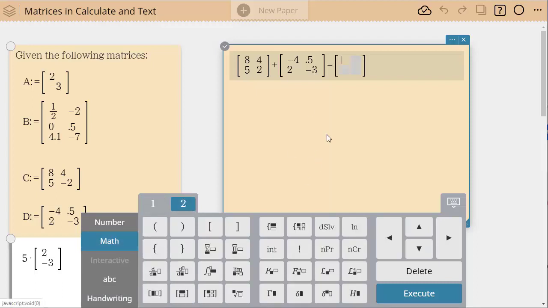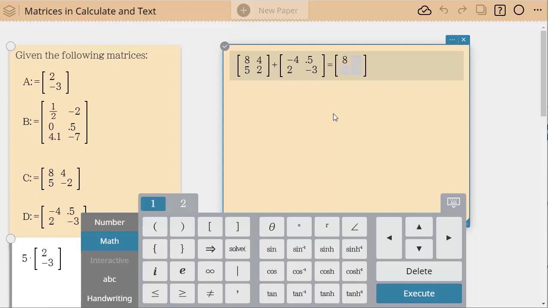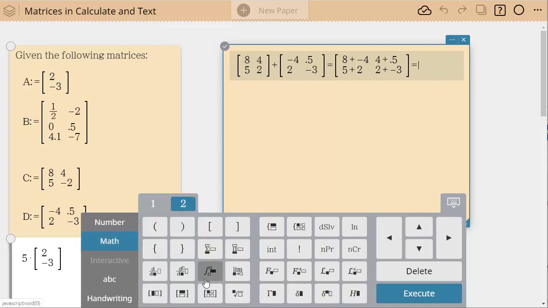So let's do a 2 by 2, but here I'm going to put 8 plus a -4, and in this position is 4 plus 0.5, and in this position I have 5 plus 2, and 2 plus a -3. And so now I'm going to be able to see that students understood that when you add matrices, you're adding each term, each column, each row to the matching corresponding column and row.